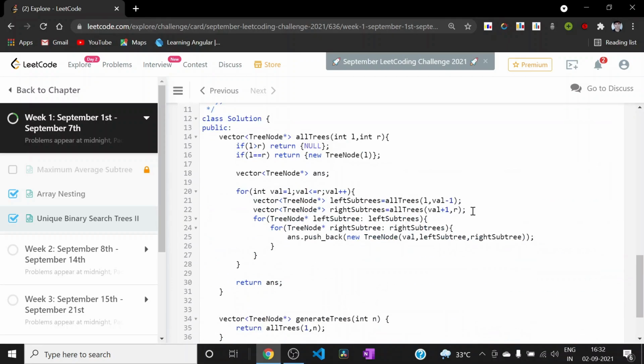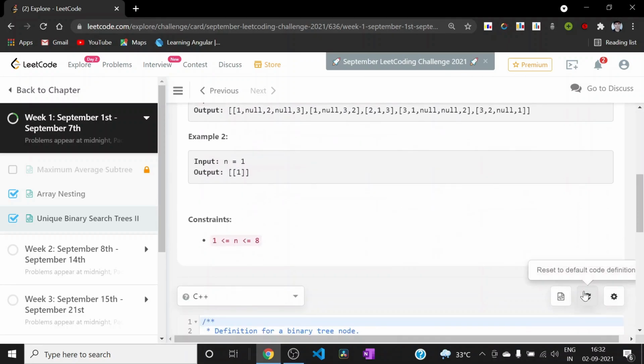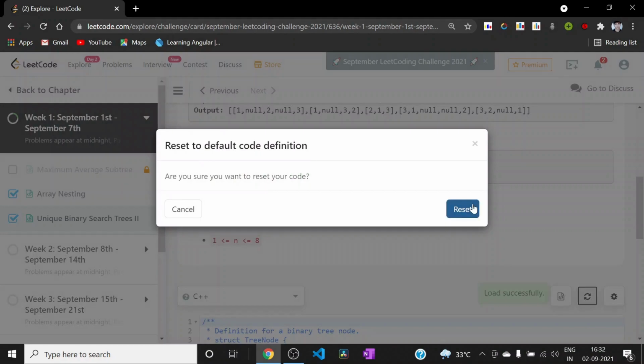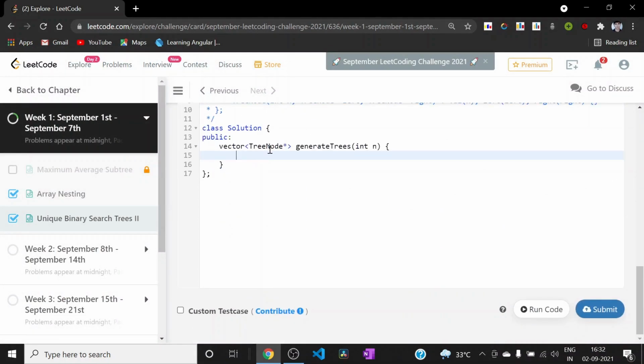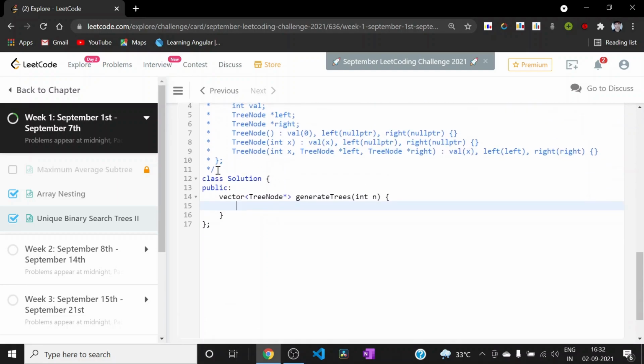First of all, I'll be resetting this code. It has been restored to the default signature.